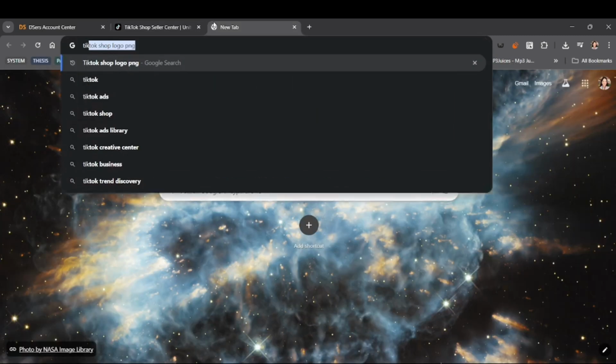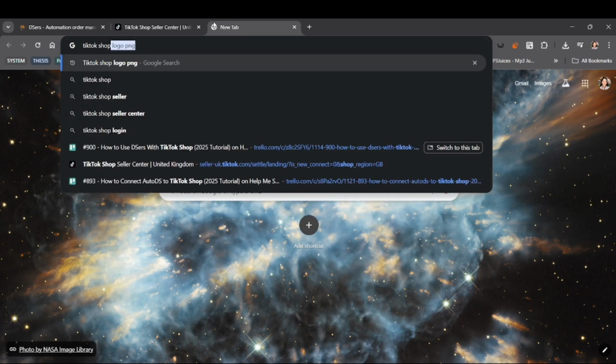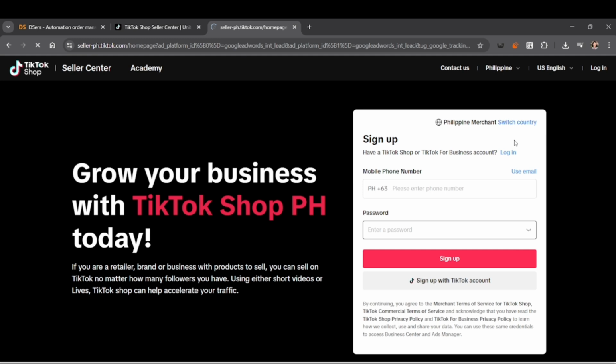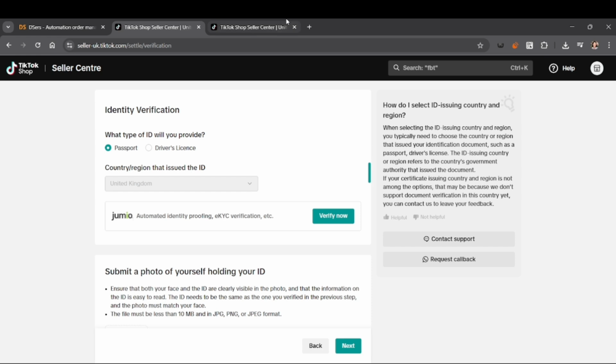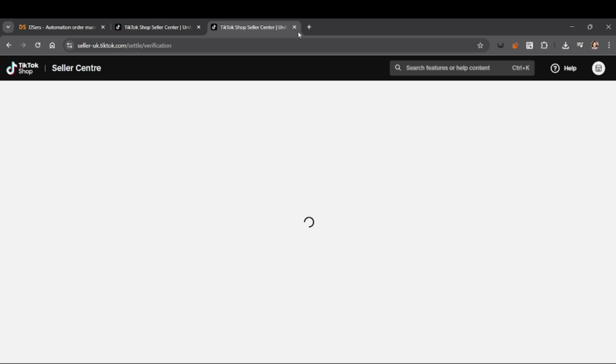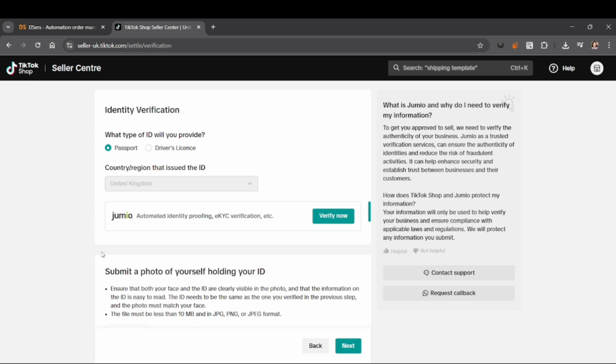If you haven't created an account yet, you can head over to the DSers official website. In here, you'll need to log in first with your TikTok Shop and make sure that your TikTok Shop is verified in order to access the store management and click Add Store. From the list of platforms, select TikTok Shop. Assuming we've finished these steps in here,